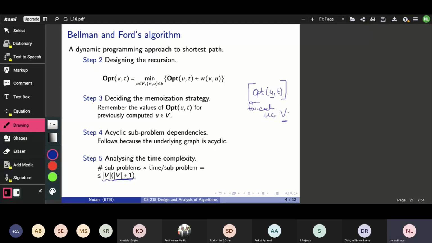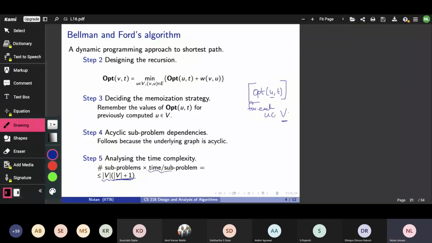Very good. So indeed, everything that all of you have said is kind of correct. Let me take a couple of comments one by one. One of the comments is that the time per subproblem depends on the total number of edges incoming. That's a very good observation. That's indeed correct because